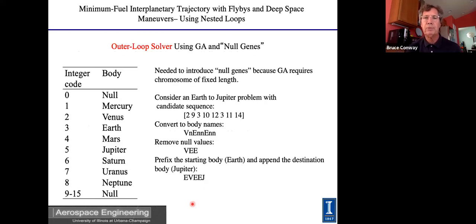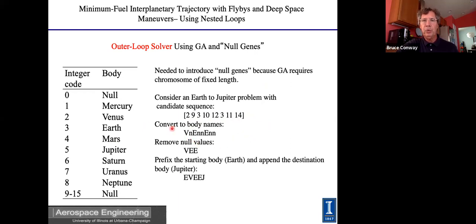With regard to the outer loop solver, we used a genetic algorithm. And the easiest thing with the genetic algorithm is to use a base 2 number for the length of the chromosome. So either 4, 8, or 16 parameters or numbers. We needed to use 16, but there are only 8 possible planets that we could use for flybys. So the student came up with this concept of using null genes, meaning that a GA string like this, 2, 9, 3, 10, 12, 3, 11, 14, would decode to